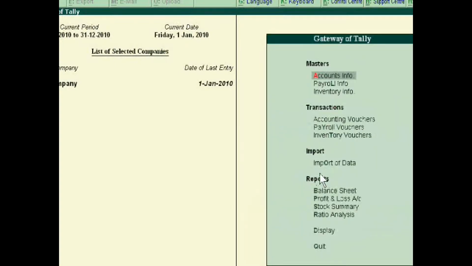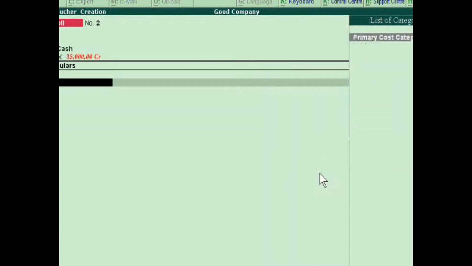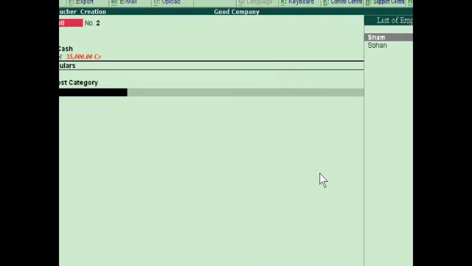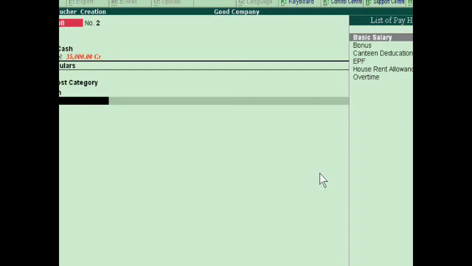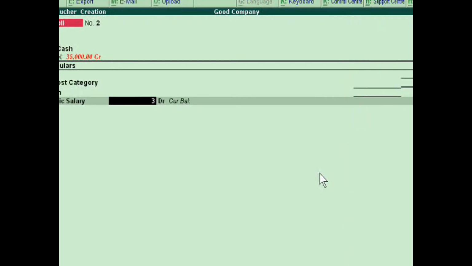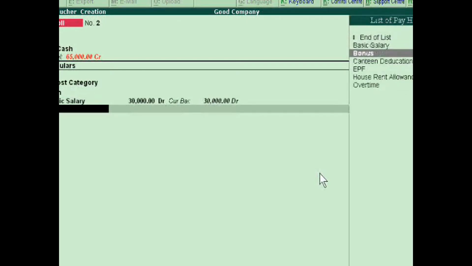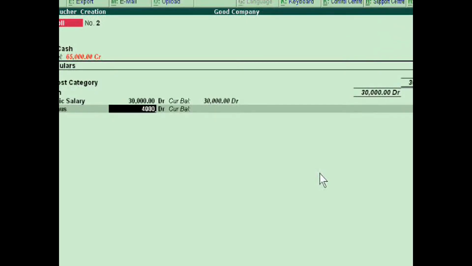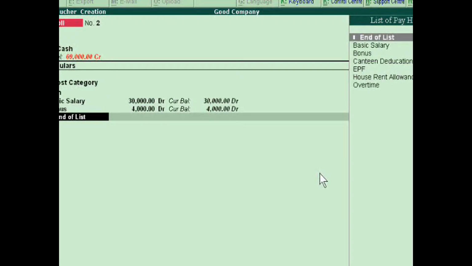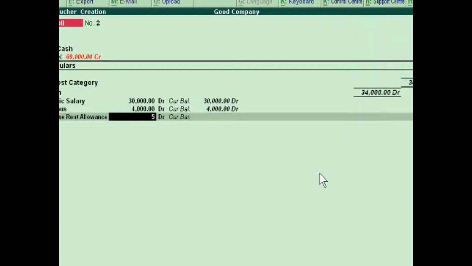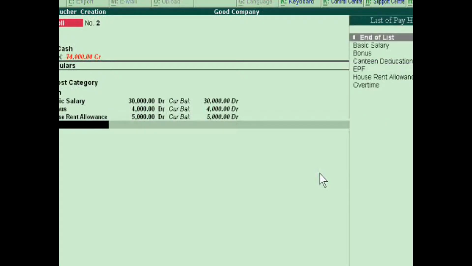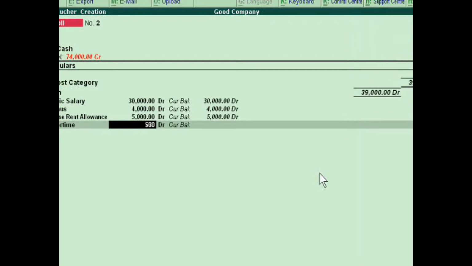Now pass the voucher entry, payroll vouchers. This is Sohan. Basic salary is 30,000, and bonus is 4,000, and house rent allowance is 5,000. Overtime is 6,000,